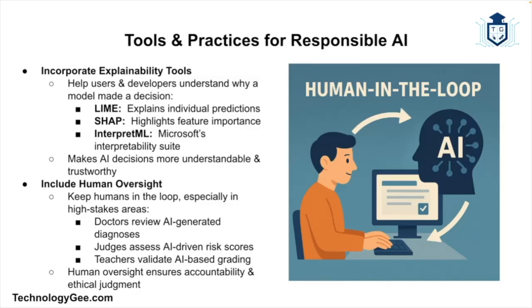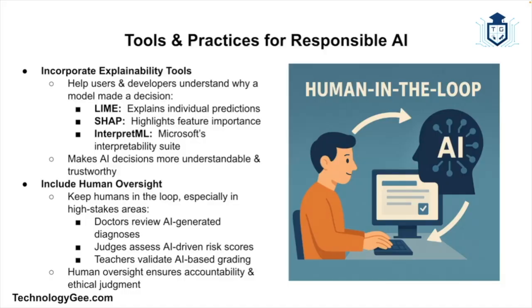And these are tools that are designed to peel back the layers of complex AI models and provide human understandable insights. So you have a tool called LIME, and that stands for Local Interpretable Model Agnostic Explanations. And this explains individual predictions. You have one that's called SHAP, and this stands for Shapley Additive Explanations. And basically, this shows which features contributed most to a prediction. You have what is called InterpretML, and this is Microsoft's toolkit for explainable machine learning. But basically, these tools help developers and end users make sense of why the AI decided what it did.